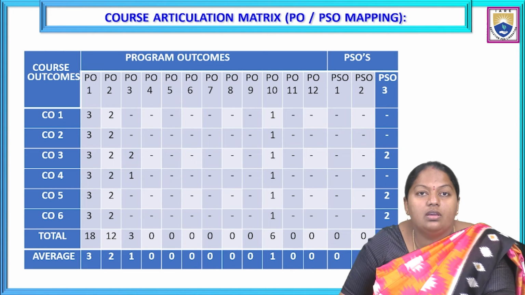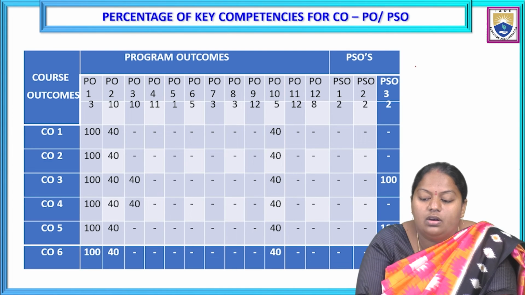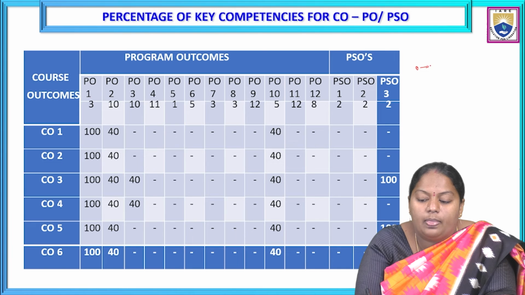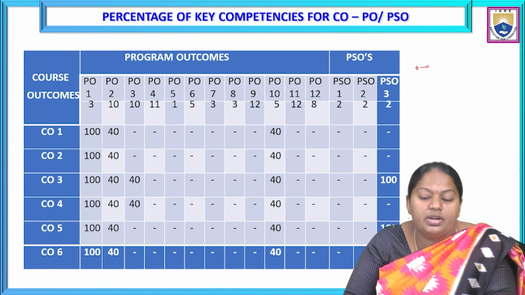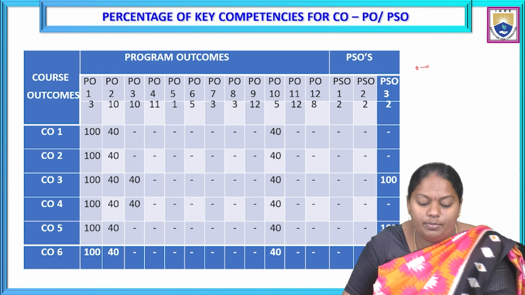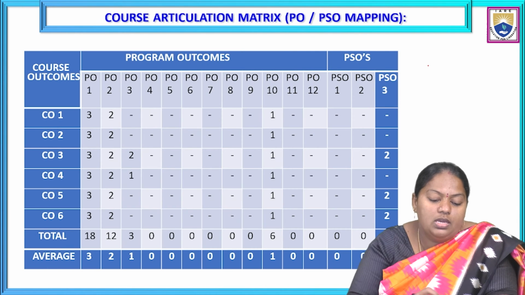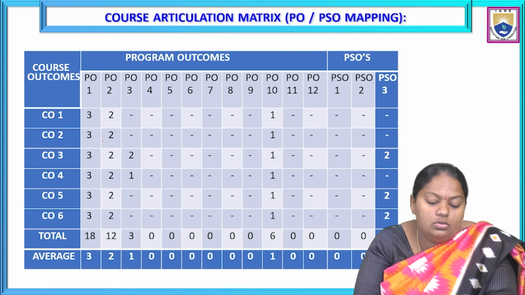That is, the percentage range will be as follows: if the percentage is between 0 to 5%, it is 5% no correlation, and 5 to 40% it will be mapped as 1, and 40 to 60% it will be considered as 2, and 60 to 100% it will be strongly agreed or completely agreed. Hence it is to be considered depending upon the strengths I've given, as 3 and 2 for CO1